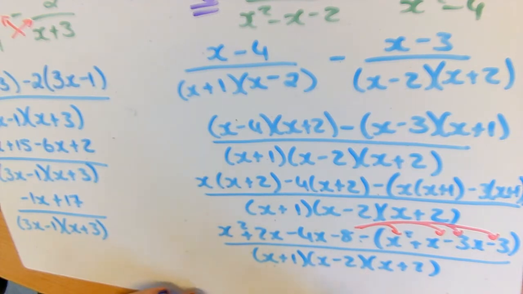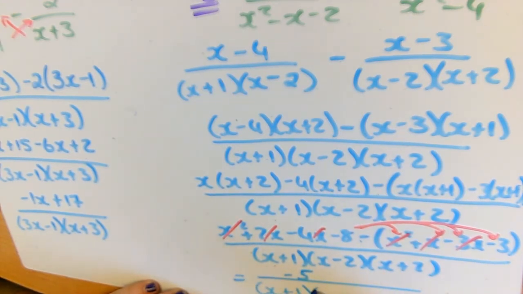is a plus. So that means I have x squared minus x squared, which means they cancel. 2x minus 4x gives me minus 2x. Minus x gives me minus 3x. Plus 3 means they cancel, which means I'm left with minus 8 plus 3, which just leaves me with minus 5. So my final answer here is minus 5 all over x plus 1 by x minus 2